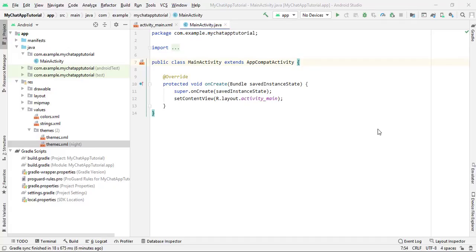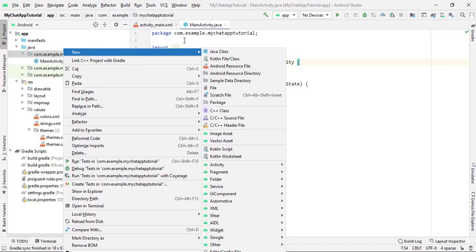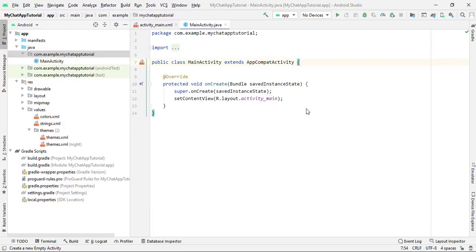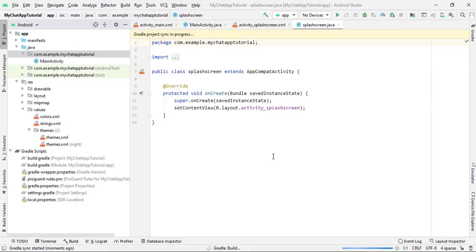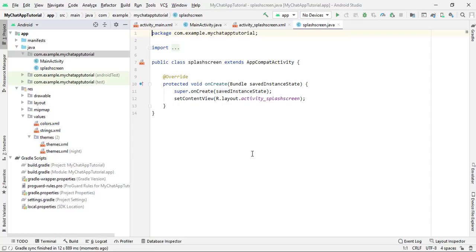As I already said, we will move step by step. So first of all, we will create a splash screen for our application. Right click here on your package name, then click on New, then select Activity, and then click on Empty Activity. After this, you can give any name to your activity. So I simply type here SplashScreen. You can give any name, then click on Finish. My laptop is slow, so it may take some time to build the activity, so wait for some time. So now the activity is created successfully.